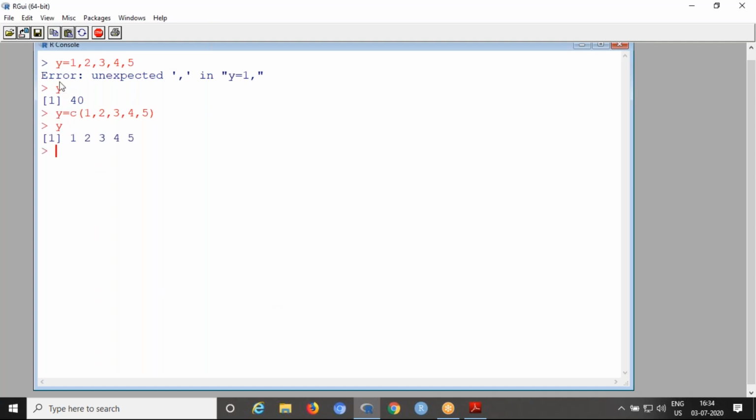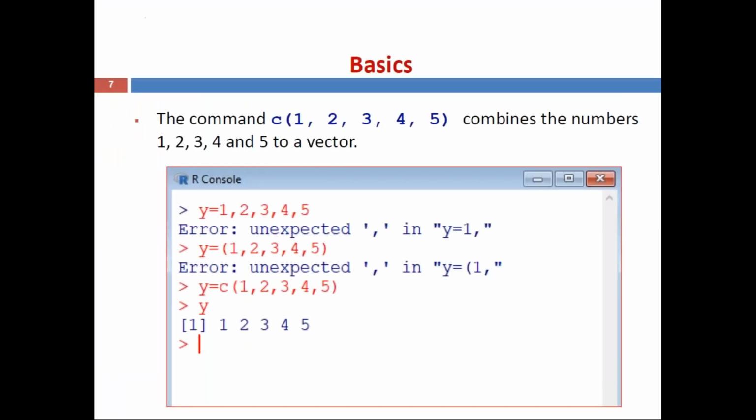Earlier, whenever you called y, it displayed the previous expression's value, because this command was not executed. Now we use the c command, y equal to c of 1, 2, 3, 4, 5, then call y. Now the vector is stored in y. It is displayed in the form of a row vector, 1, 2, 3, 4, 5 with spaces. So that is the use of the command c of.